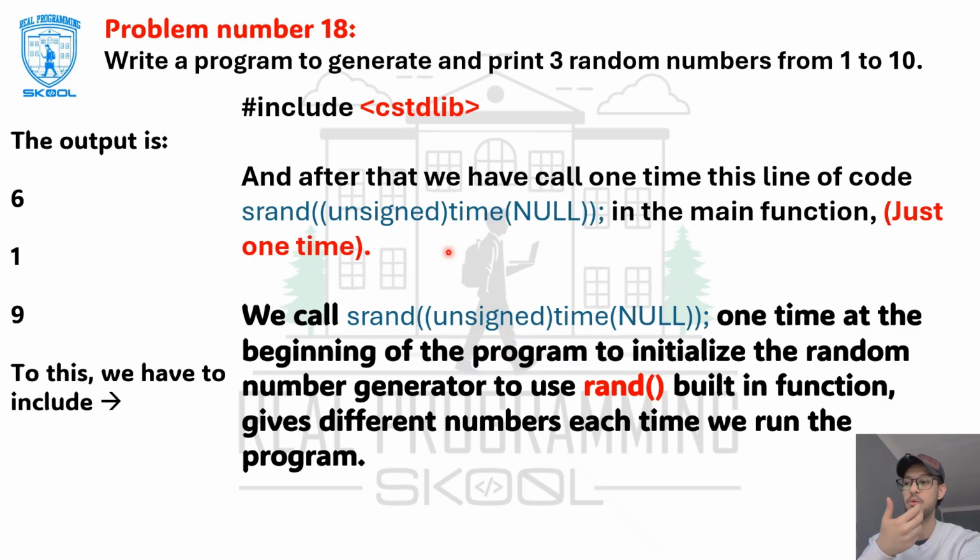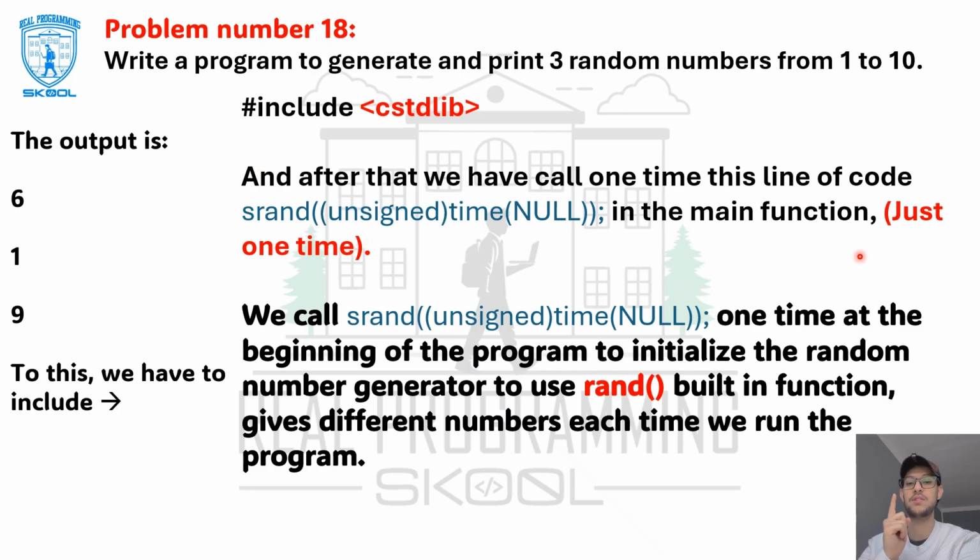And don't even ask me when to bring in this srand line, because you can Google it and bring it anytime you need it. So no need to memorize it at all. Just understand the concept and the logic of this problem, because it's really important and we rely on it in the next problems. All right, so after we include the cstdlib library, we have to call srand(unsigned(time(NULL)))